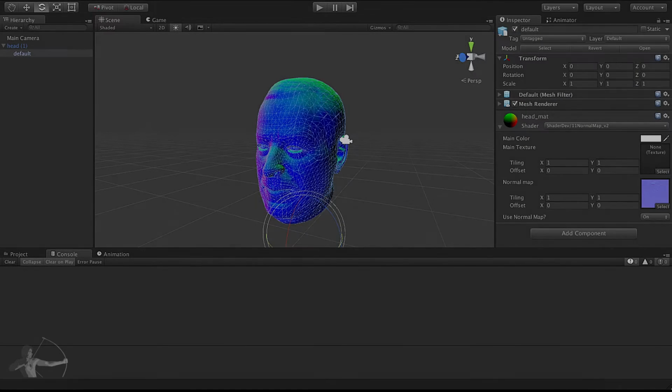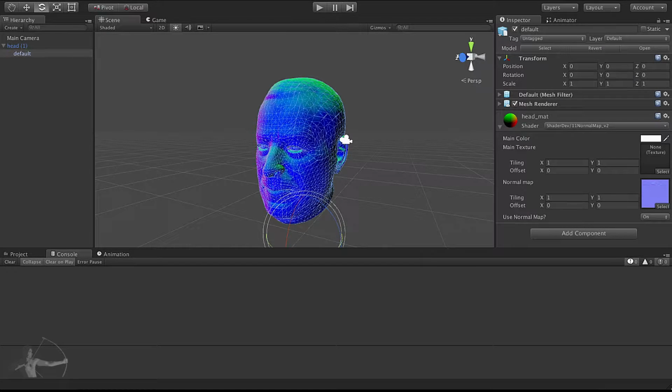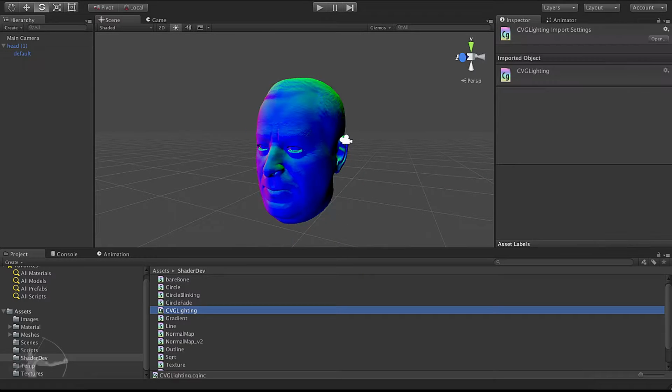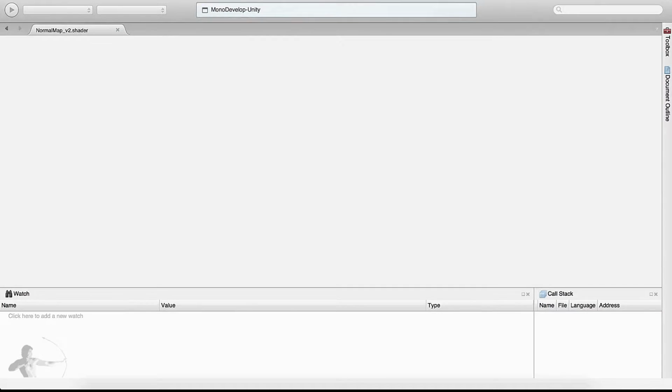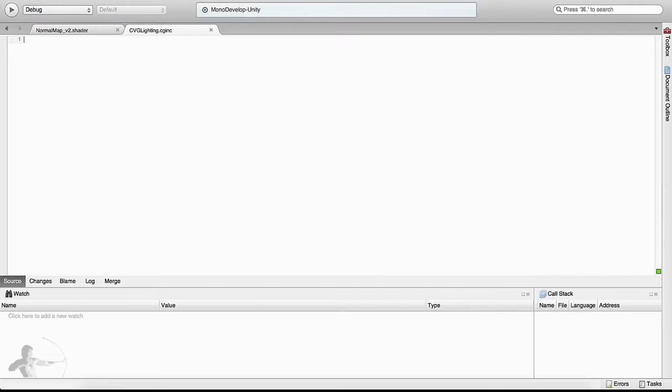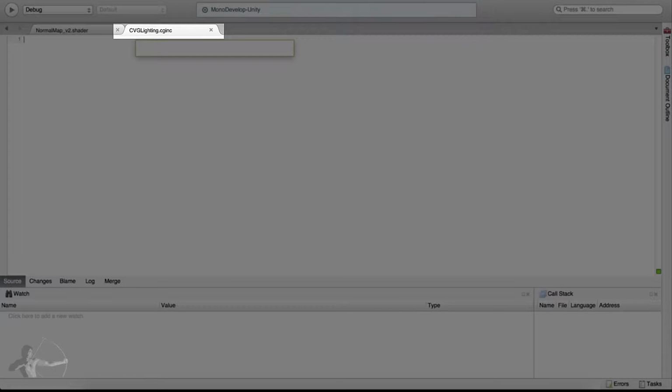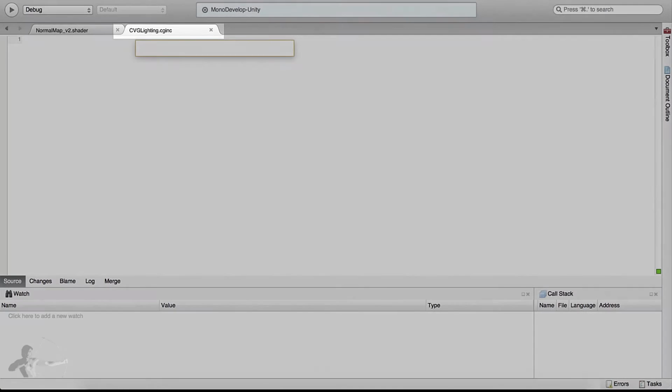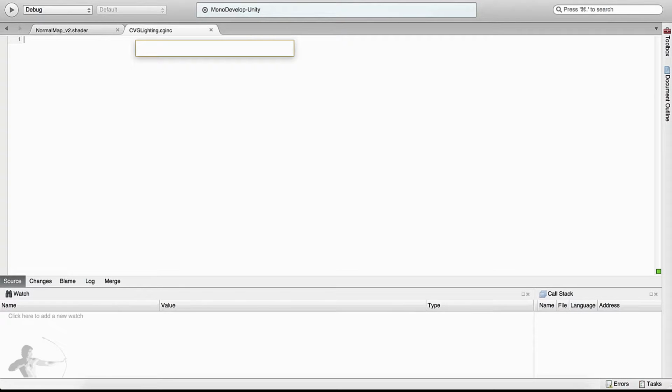The second task of this chapter is to create the CGINC file. To create the CGINC file, I have created this cvglighting.cginc file. It's a blank text file at this point, just placed in the shader dev folder and named cvglighting.cginc. I have added the cvg prefix because there is already a